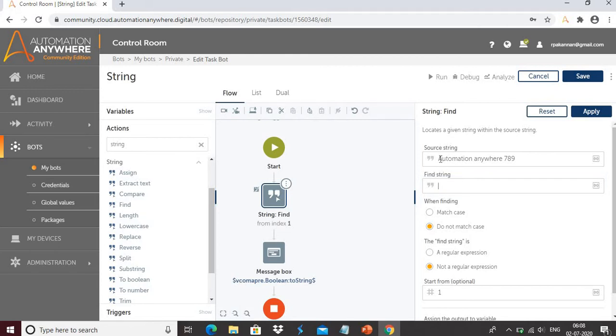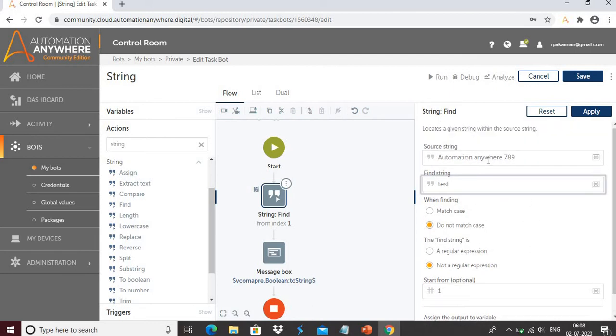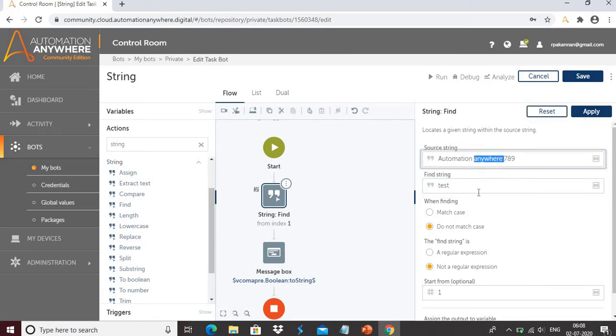Here we have the text automation anywhere 789. So now I want to validate whether one of the texts is available within the source string. Like if you search for a text which is not available in the source string, it will give you the message as not available, 0. But currently I want to validate "anywhere". So I want to search whether the value anywhere is available within the source string.